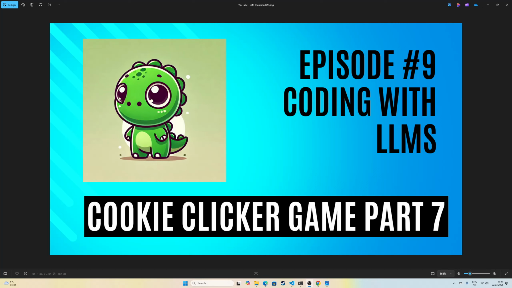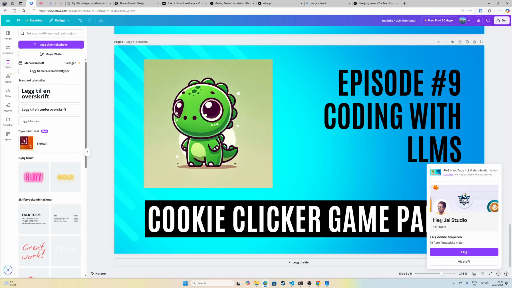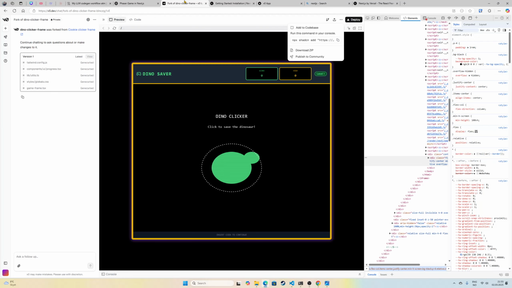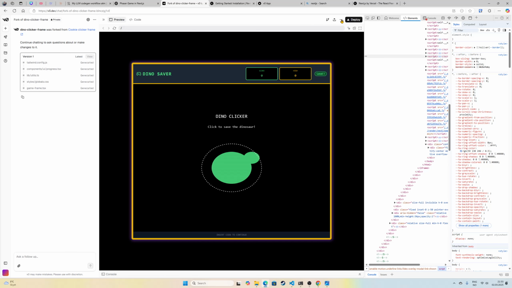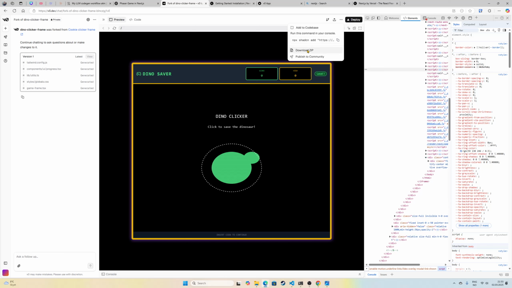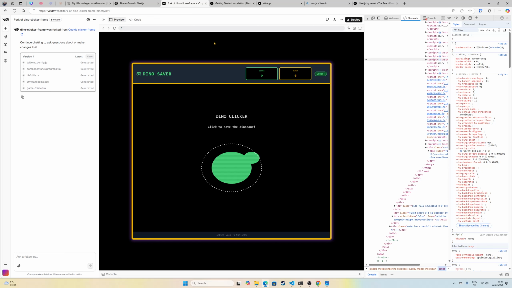In the previous episode, I was struggling a lot to get my V0 code to run locally. So I'll quickly walk you through it. I'm using v0.dev to generate this frame for the game. I was trying to basically download the code and get it to work, and I was struggling a lot